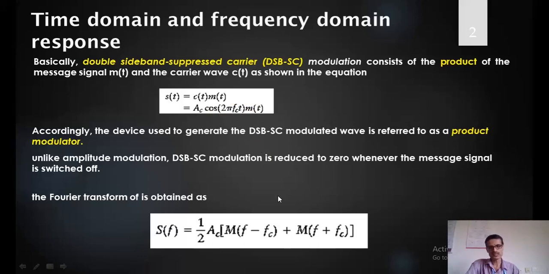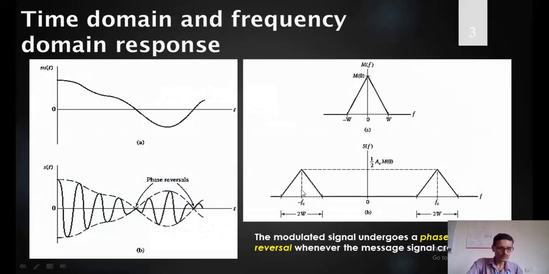A detailed explanation of this I have given in my previous videos. Please watch those videos. Now, how to plot the waveform in the time domain and the frequency spectrum in the frequency domain. Just look at this. I have a message signal, a random signal, taken for m(t), and this is your carrier. Just look at this.